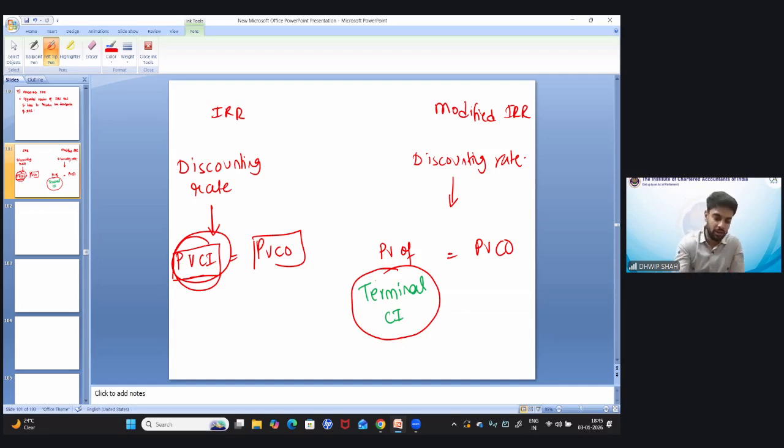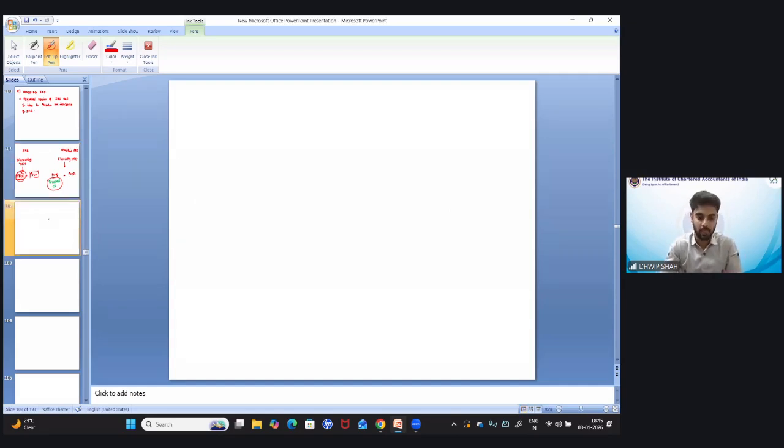Understood? So in this technique, सारे inflows during the year. Let's say there is a project with life of 6 years, ठीक है? So year 1 में कुछ inflow होगा, year 2 में कुछ inflow होगा, year 3 में inflow होगा, likewise for year 4, 5 and 6, ठीक है? So modified IRR says